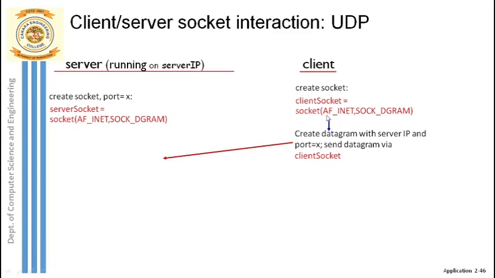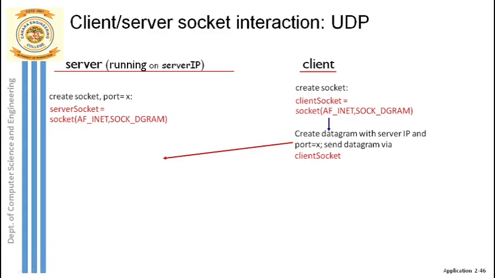Once this function is called, what happens? It is going to create the socket and return it, and the moment you create the socket, you will get one important piece of information with that. What is that? A port address will be assigned to the created socket. A unique port address will be assigned. Who is going to assign the unique port address? This is a built-in function. The moment you call it, the socket is created, a unique port address is assigned to it, and that assigning job is done by the underlying operating system. That port address will be returned here. So the clientSocket variable will contain the port address of its own socket.